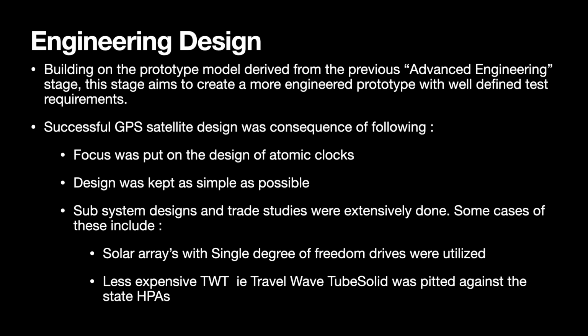Rockwell, which was the organization parallel to the main JPO, which was also working on designing and developing the GPS system, was also involved in the engineering design phase. Focus was kept on keeping the design simple so that the manufacturing becomes easier, and also in case of high risk components, addressing the functionality becomes simpler. Four high risk items were designed: the navigation payload, atomic clocks, antenna, and lastly the high power amplifier or the RF chain. Design, fabrication, and testing of these components was done prior to contract award so that the risk was reduced